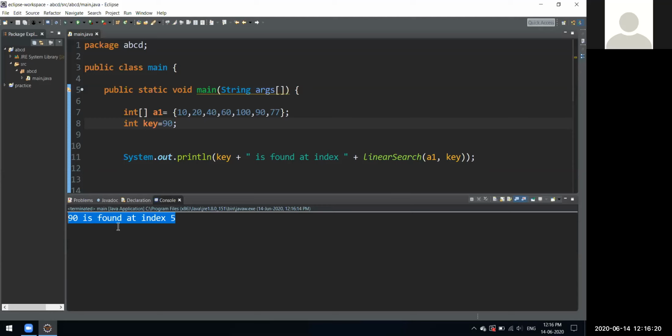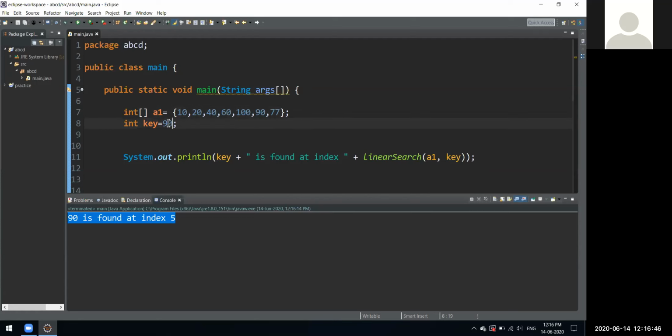Key 90 is found at index 5. Let's see if it is correct or not. 1, 2, 3. It starts from 0, right? If you know even a little bit about arrays in programming, arrays start from 0. So 0, 1, 2, 3, 4, and 5. Yes, it is giving us the right position of that element.